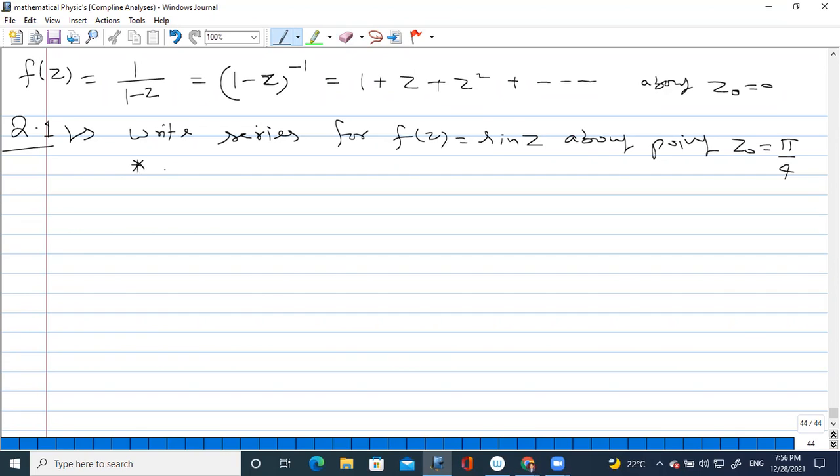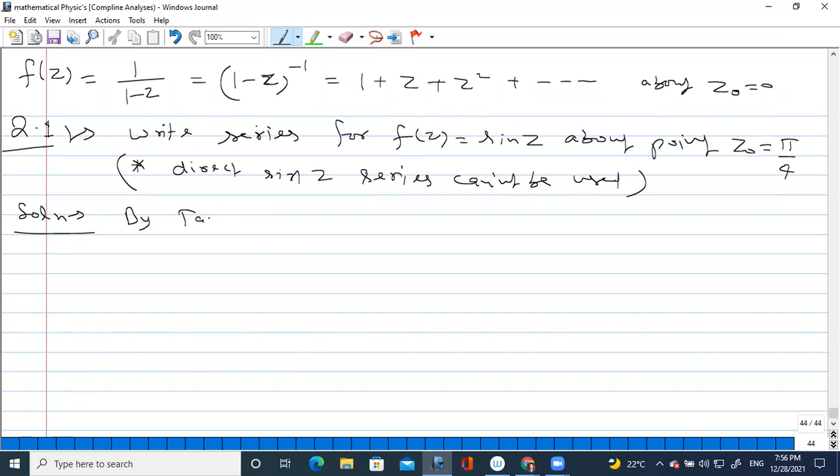Remember, the direct sin z series can't be used because that is only for the point z0 equal to 0. So here what you have to use, Maclaurin series you would not use because Maclaurin series is only for the origin point. So here you have to use the direct Taylor series. So by Taylor series,